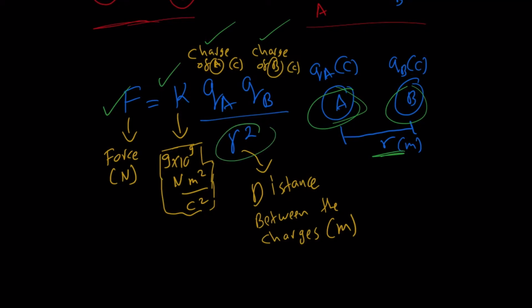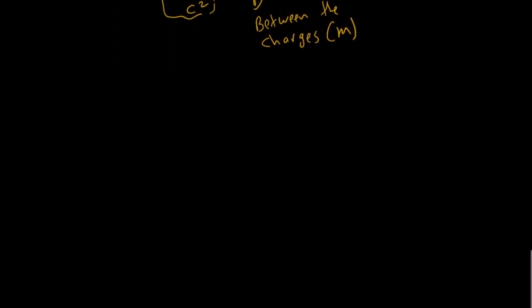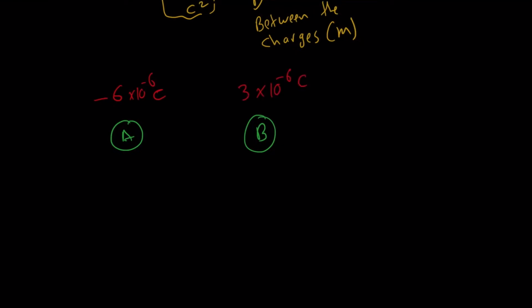So this is mainly about Coulomb's law. Let's put this law to practice. Let's have a small example on Coulomb's law. Let's say I have a charge A and a charge B, and the charge of A is -6 multiplied by 10 to the power of -6 coulombs. And the charge of B is 3 multiplied by 10 to the power of -6 coulombs, and they are placed at 0.2 meters with respect